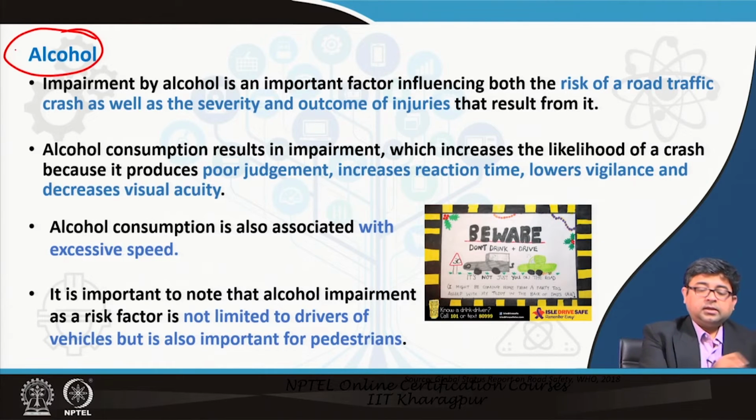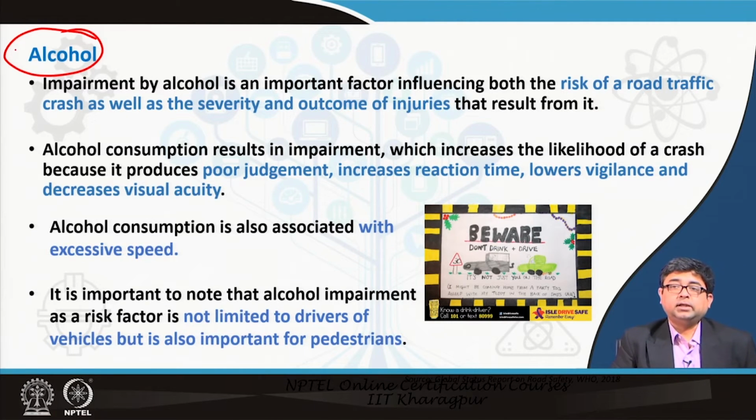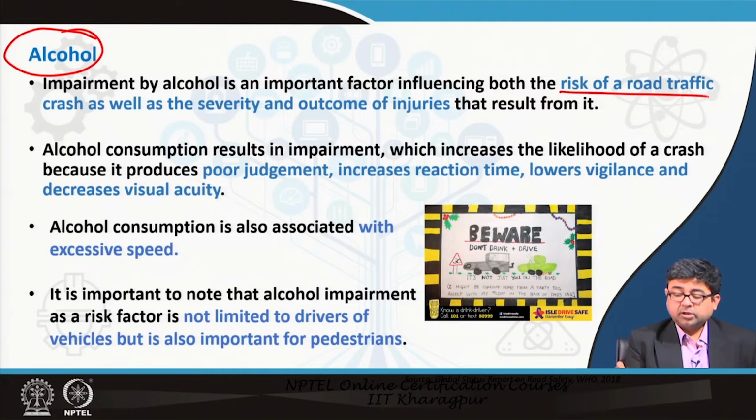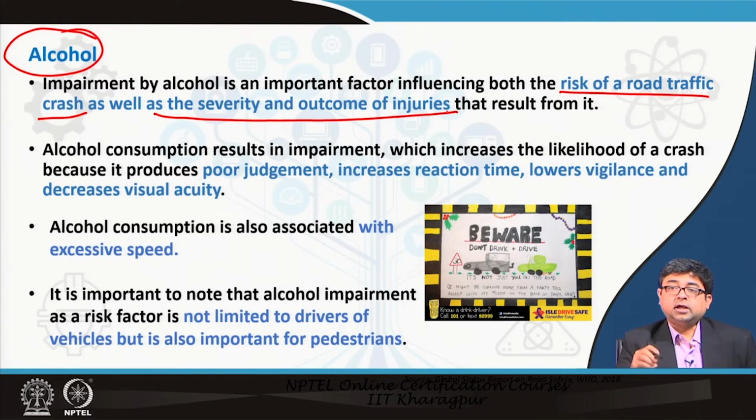The second most important element in any pedestrian safety related issue is the presence of alcohol in the blood content of the motor vehiclist that is involved in the accident. What happens is impairment by alcohol increases both the risk of the road traffic crash as well as the severity and the outcome of the injuries. Just as speed does both, the occurrence of the accident is increased, as well as the severity or outcome